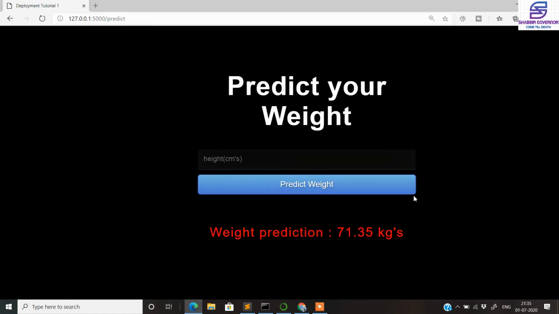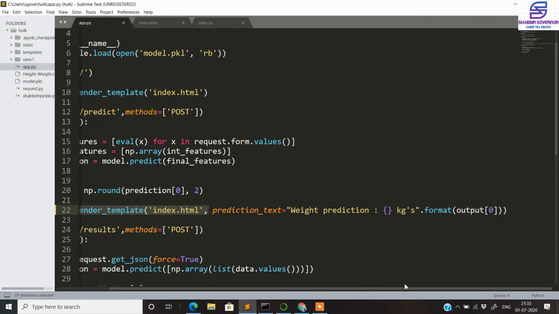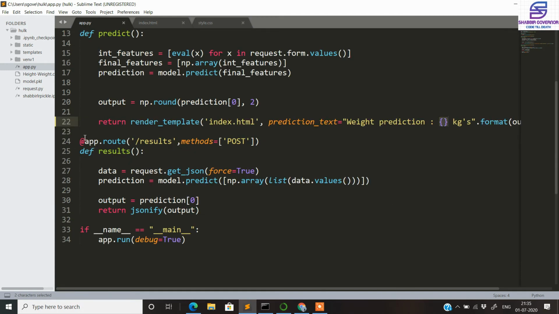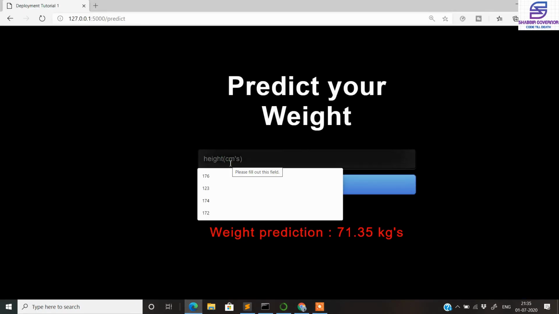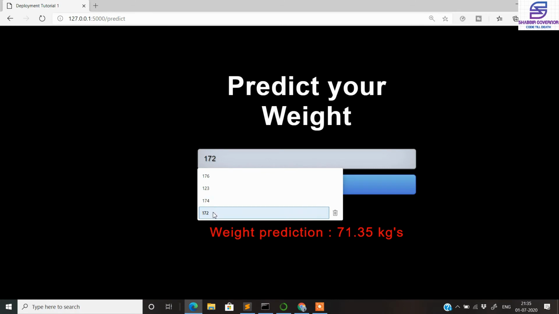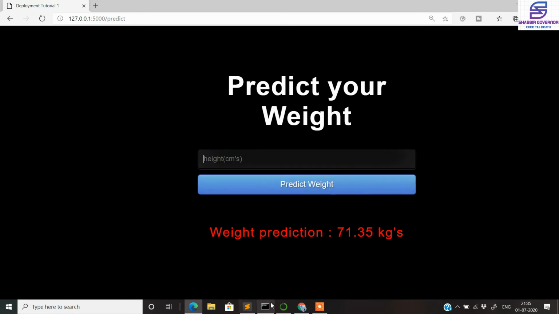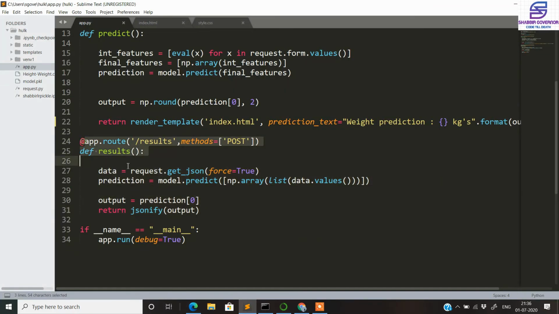This is the index.html page, and this is the result that we get on the index.html, which is passed by this .format method, that is the weight prediction is here. So here the actual result is passed, and that you can see on your application. This part is actually used to save the data that we pass, so that the application can remember if the data that is passed to it was previously used or not. For example, if I try to type any height here, you can see all the previously typed heights, which are captured into a list. So you can also delete them if you want. That part is taken care of by this part, that is app.route result.